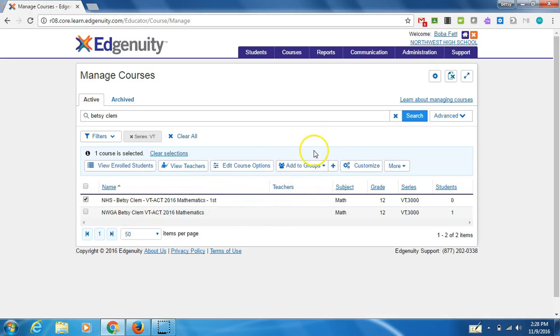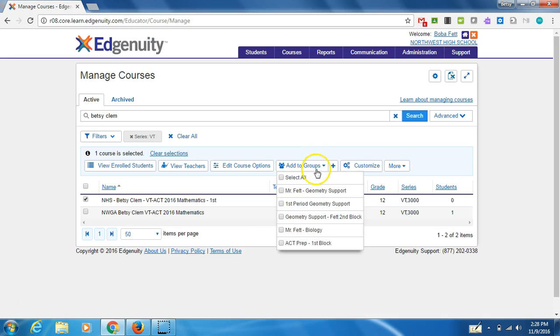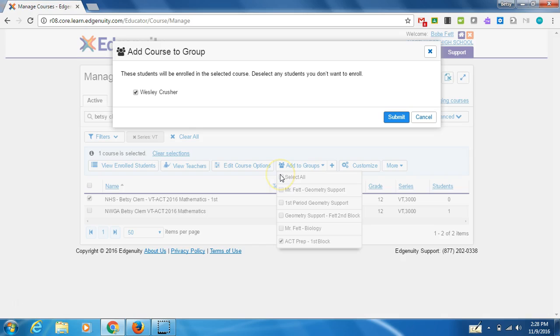And now we need to assign this to users. So we already built our user groups. All that I need to do now is find my user group, check the box, and click the plus sign to add those students to this content. So the next thing we'll see is a list of your total roster. I only have one person who's enrolled in this class right now. But for you, you may see a list of 20, 25 kids. So this is a good way to double check and make sure you haven't left anybody out. We click submit,